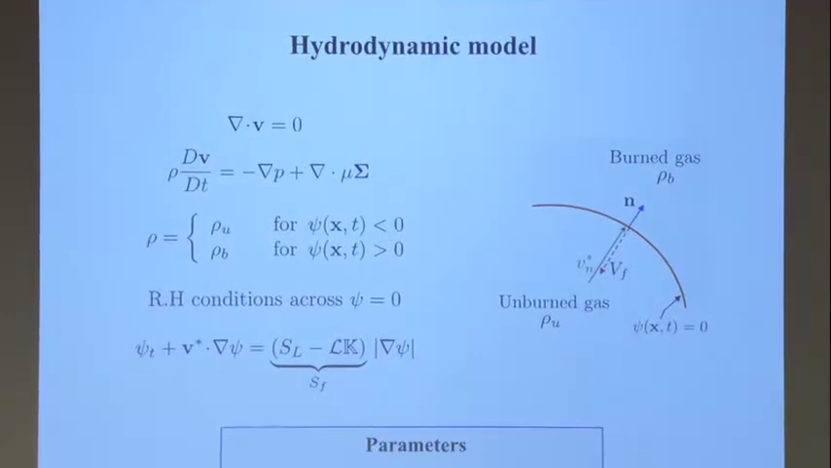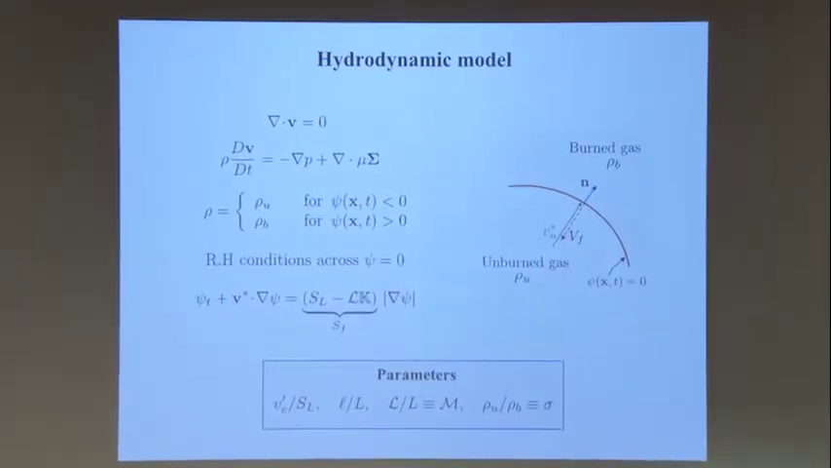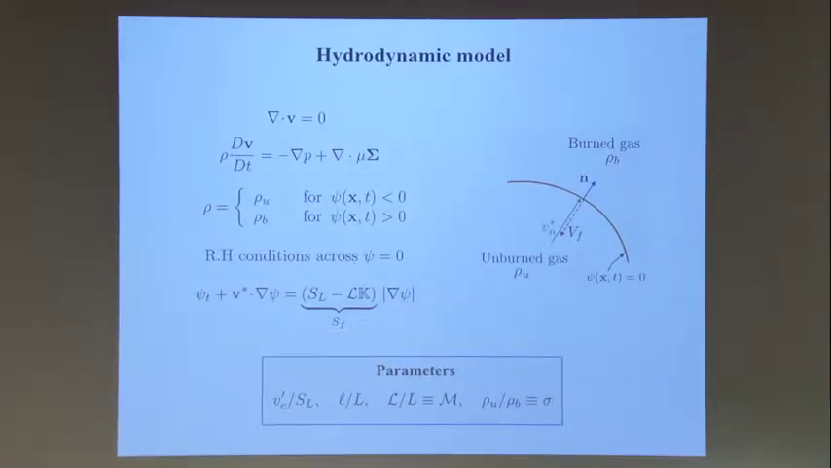We use a level set approach to advance the flame, we use a Navier-Stokes solver for the Navier-Stokes equation, and we use a quite careful way of satisfying the condition at the interface, in particular ensuring that the gas expansion is properly accounted for in the problem. The parameters that I emphasized here, so you remember which parameters we're talking about, is the density ratio sigma,